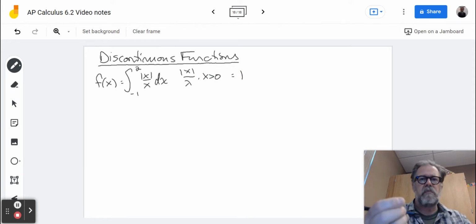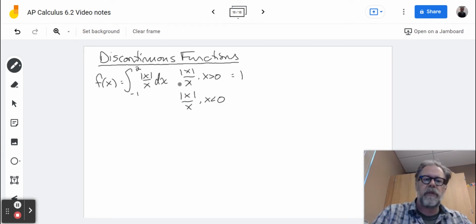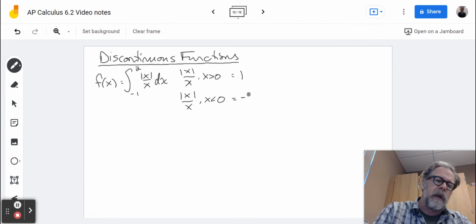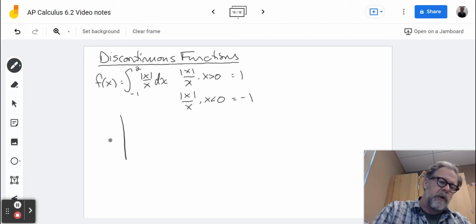Absolute value of positive divided by the same positive. If I have absolute value of x over x for x less than 0, well, the numerator becomes positive, but the denominator stays negative, and so this becomes -1,